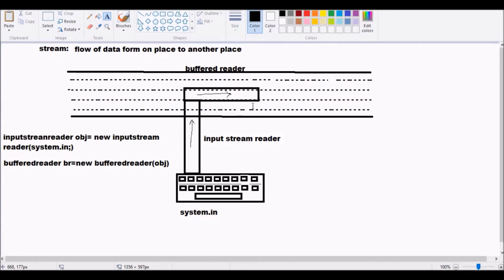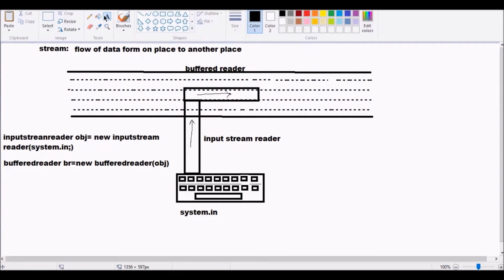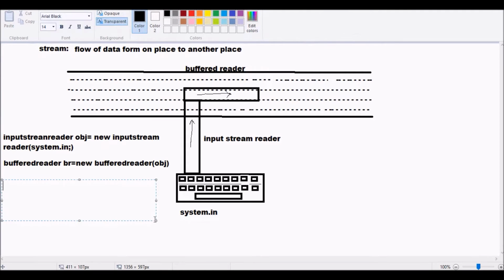Now we want to read whatever data is flowing out of the BufferedReader. How do we do that? We have two functions called read and readLine.